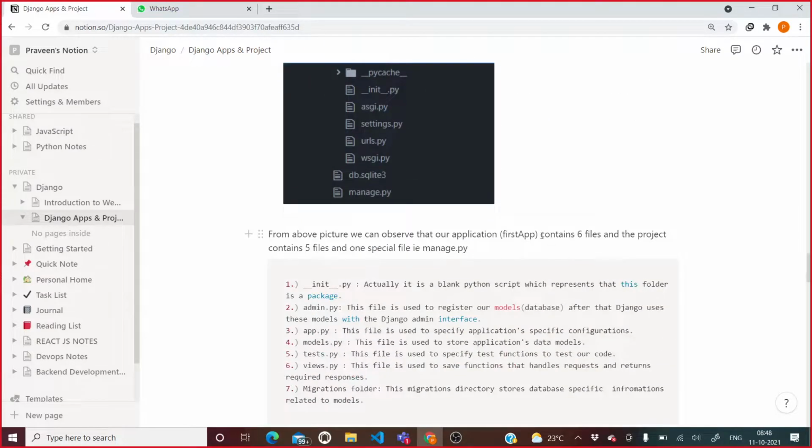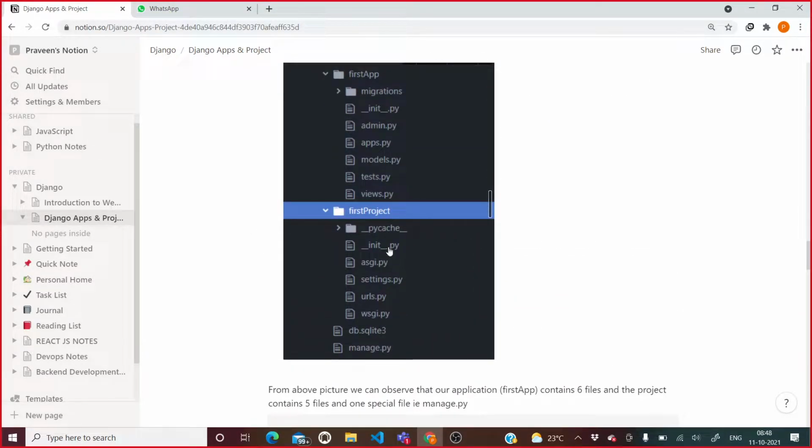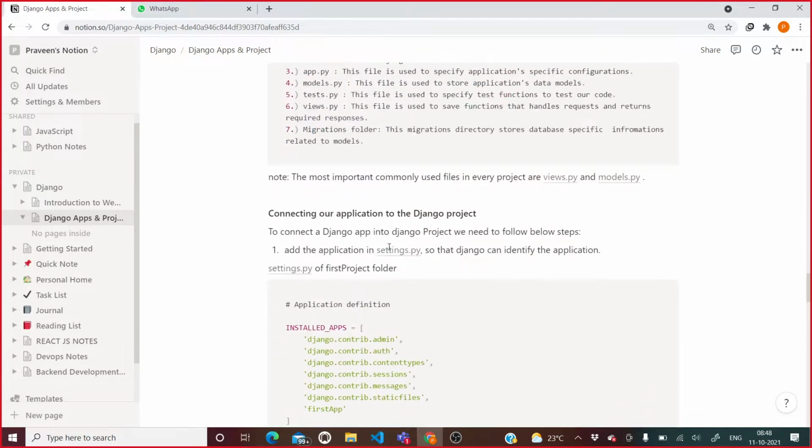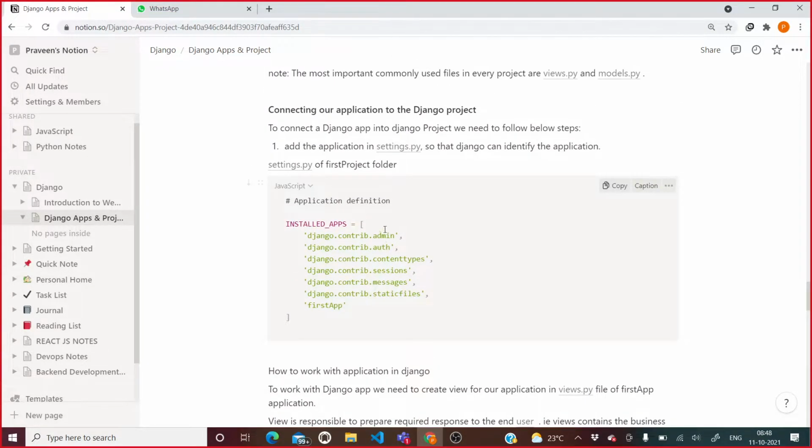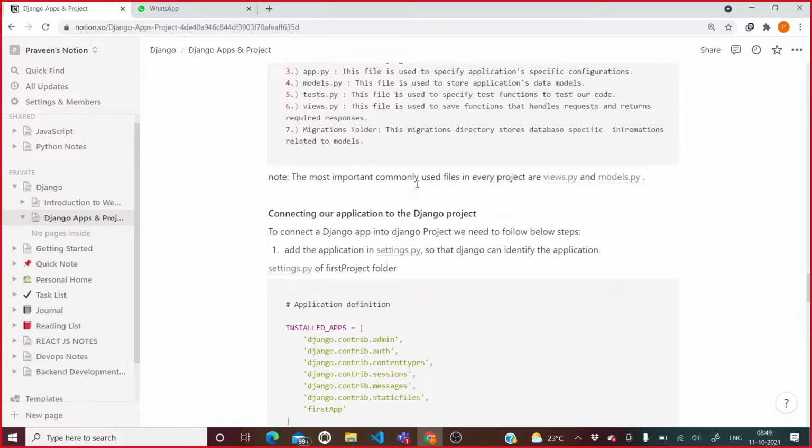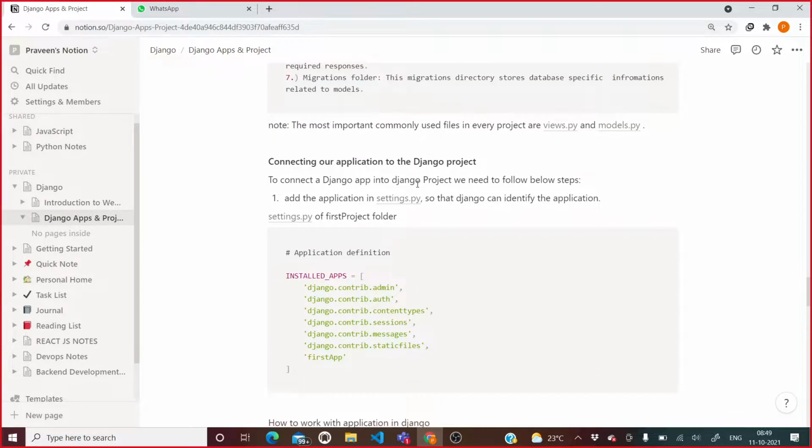Yes. See, till here we had completed how to create projects. Now, to create an application, you have created an application before only. Now, your project is unaware of the application which you have created. So, to make your project aware that this application belongs to this project only, you need to do some necessary steps. What are those necessary steps? It is to register your application inside a project.